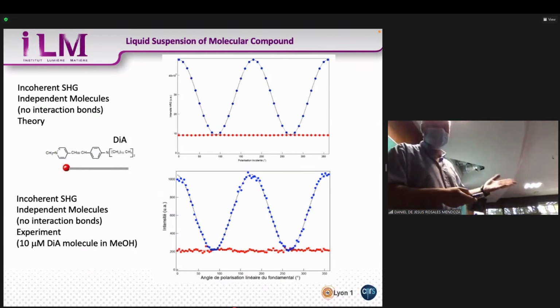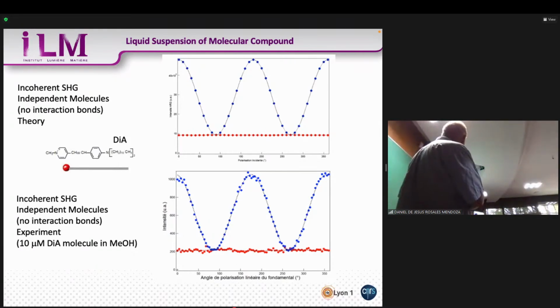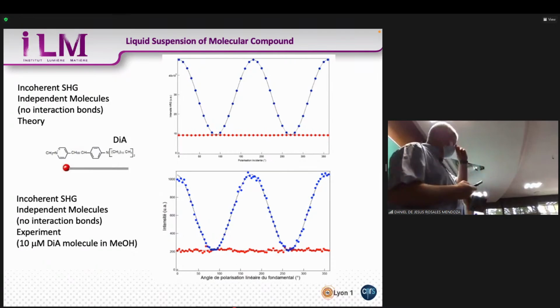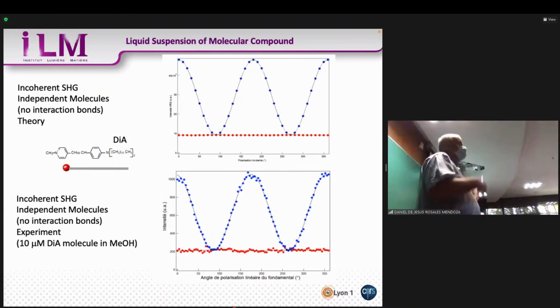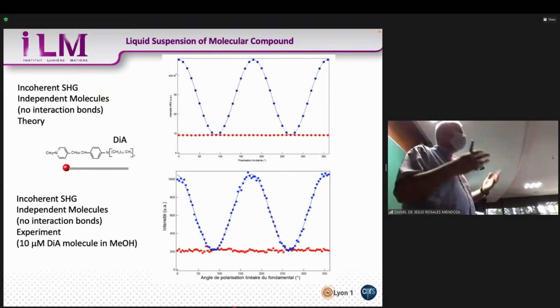And you see that if we do the measurement, it works pretty well. This is the theory. This is the experiment. It works pretty well. So we have some information. I'll come back to that later on, but you see that more or less everything fits. We have a random material and you can generate second harmonic. It will be incoherent scattering. It's a linear dependence with the number of molecules. And we can have the polarization dependence where we can get insight into the nature and the structure of these